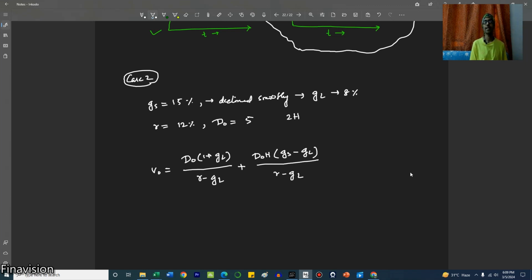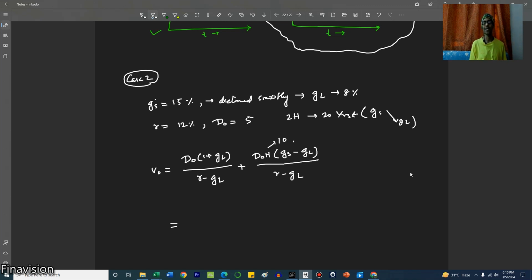so let's say this rate from GS to GL took 20 years to complete. GS down to GL. This happened over a period of 20 years. H is basically half of that. It is the half-life of the higher growth rate. So here H is equal to 10.